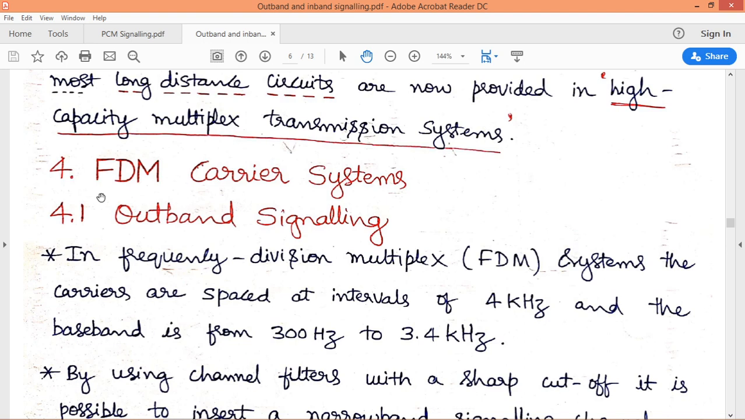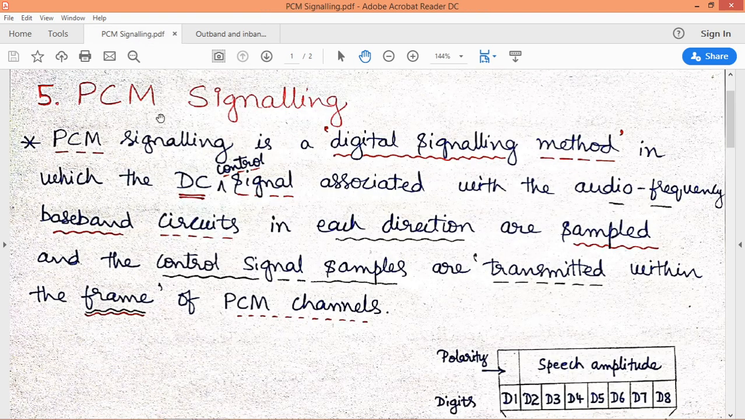In our last lecture we discussed the frequency division carrier system, where we were able to multiplex different signals and transmission was made with the help of frequency division multiplexing. With respect to this, we discussed outband signaling as well as in-band signaling. After a good understanding of frequency division multiplexing carrier system, let us deal with time division multiplexing